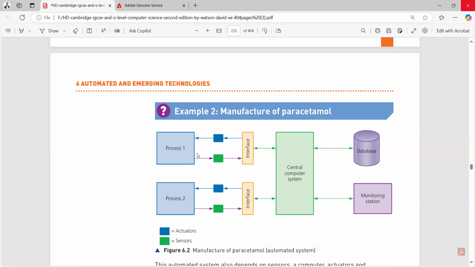पैरासीटामोल है। हियर यू कैन सी दैट दिस वन, ये जो ब्लू कलर है इसका मतलब है कि ये एक्चुएटर है, और ये जो ग्रीन कलर है इसका मतलब है ये सेंसर है। ये किससे कनेक्ट है? आपके इंटरफेस से। इंटरफेस किससे कनेक्टेड है? आपके कंप्यूटर सिस्टम से। कंप्यूटर सिस्टम किससे कनेक्ट है? आपकी डेटाबेस से और आपकी मॉनिटरिंग स्टेशन से। यहाँ पे आपका सुपरवाइजर बैठेगा और वो चेक करेगा मॉनिटरिंग स्टेशन से।